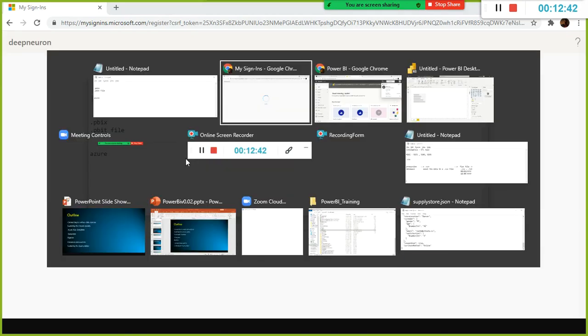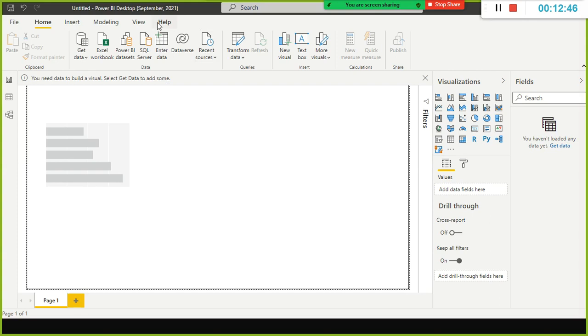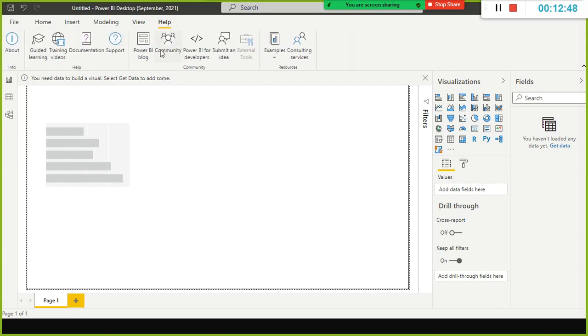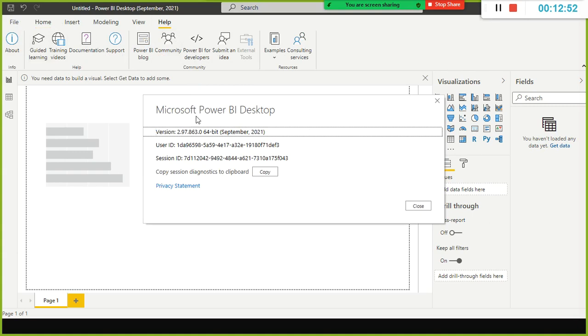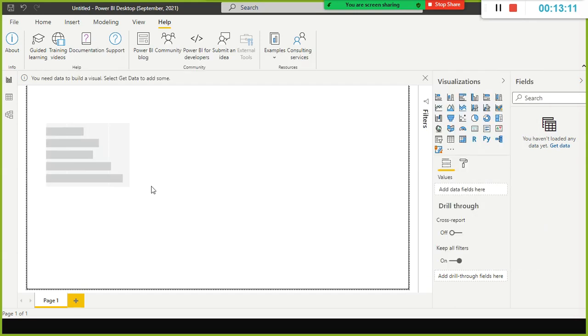In the interview they will ask you what version of Power BI you are using. Guys, don't worry. If you say that you are going to put 2 to 3 years of experience, we will have to look at all the versions. So you should know the versions also. As part of the screening process they will be asking you. Which version? 2.97 version we are using, 2.97.x or 2.9x. That is Power BI. And next one is SQL Server. Which version? Remember all the versions.